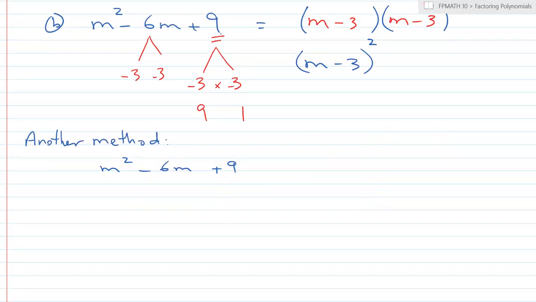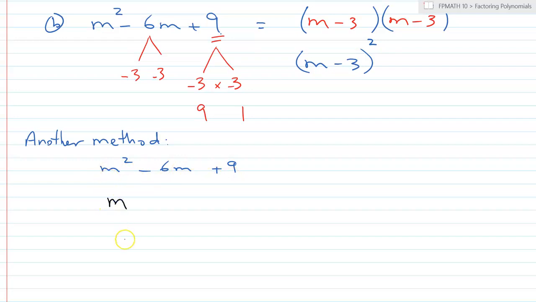I want to show you another method. Sometimes other teachers actually use this method, which is fine. It doesn't matter, whichever works out, that's great. This method is basically what I call the grid method. So if you have m squared minus 6m plus 9 and you want to factor that,